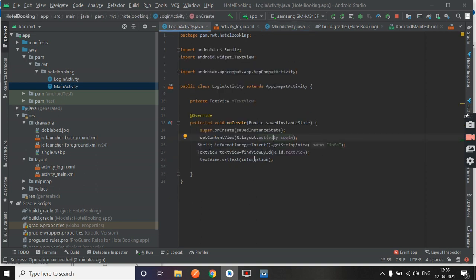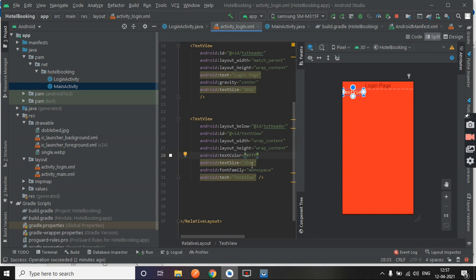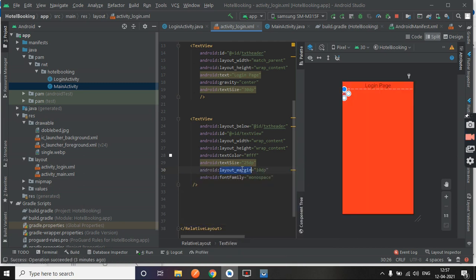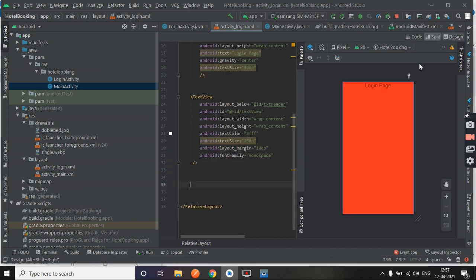So in login activity we will show the information like room type. In Java we use plus sign to add two strings. Okay, so remove this one and give some margin from all the directions. Okay, now we want